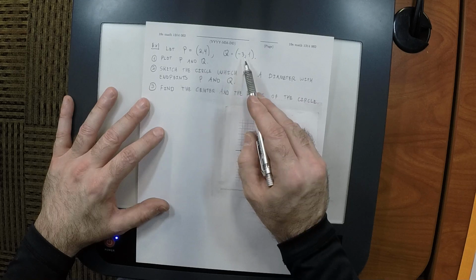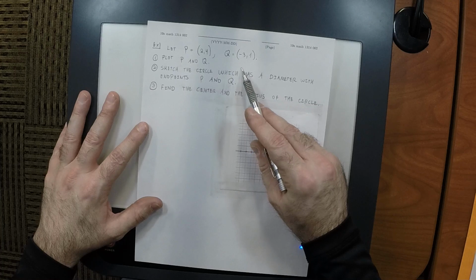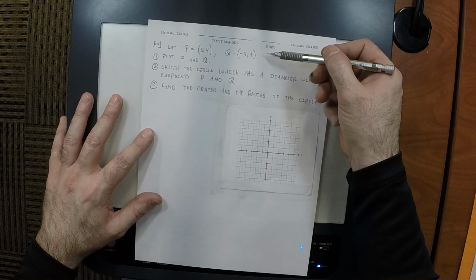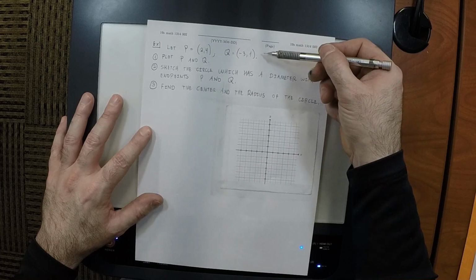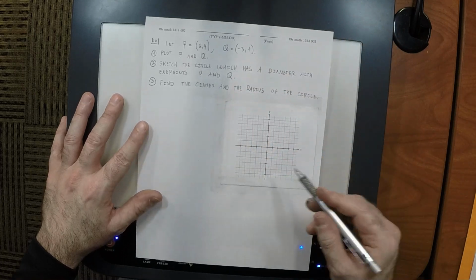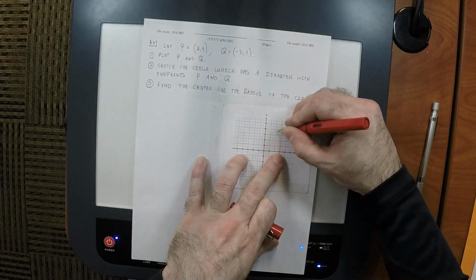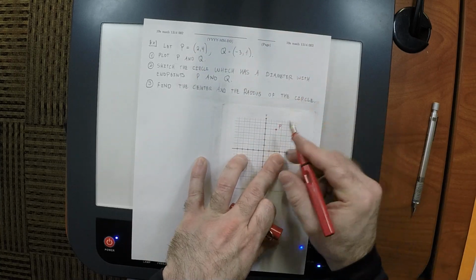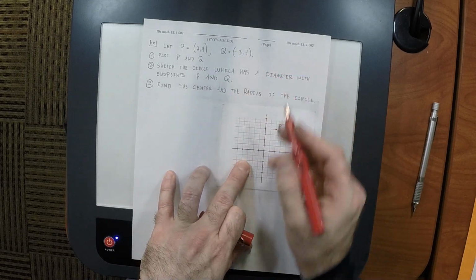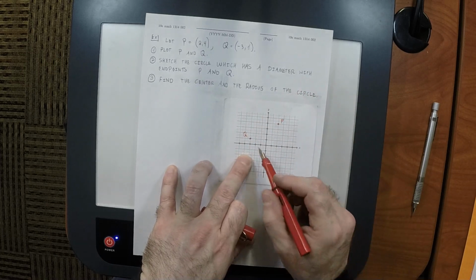Similarly, for Q, which side is it on, left or right? Left, because of that. And bottom or top, which half is Q on? It's the top half, right? So it's in quadrant 2. Very good. So then point P is right 2, up 4. And then point Q is left 3, up 1. Like so.